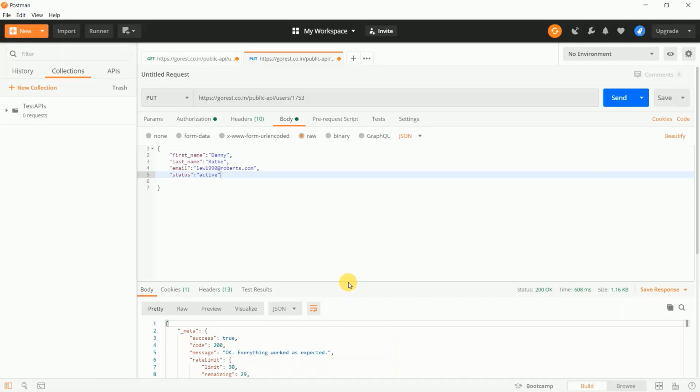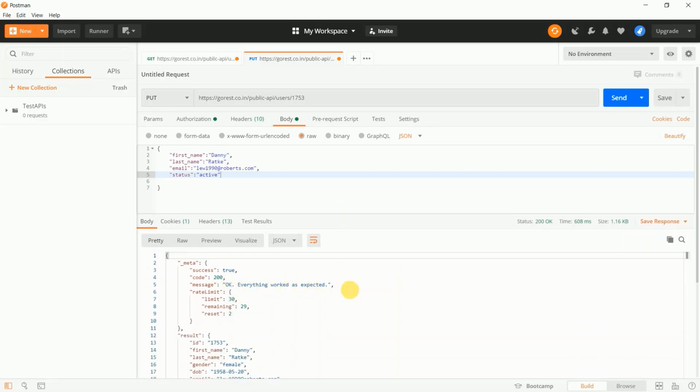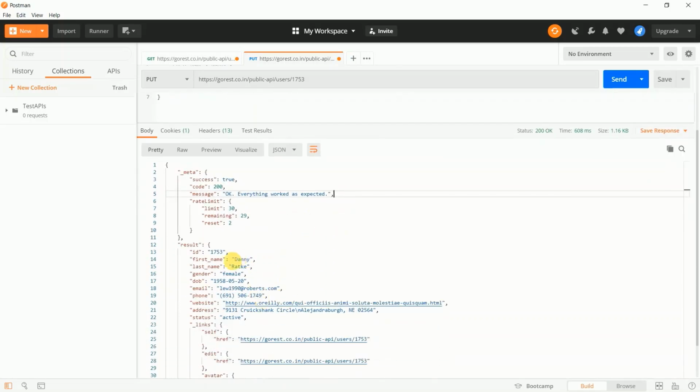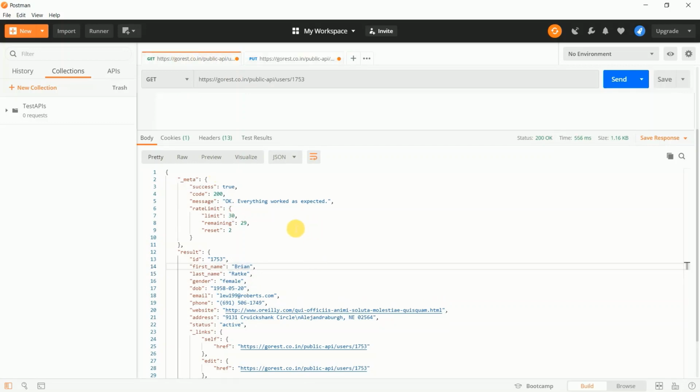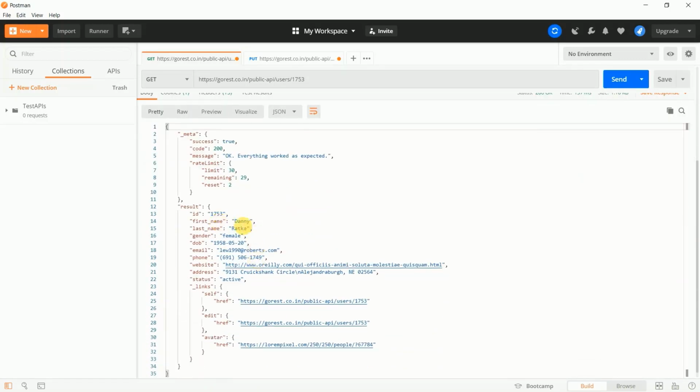So, guys, here you can see the response which we got, and everything worked as expected. Here you can see the user's name is changed to Danny. Okay, so let's move to the GET request. Again, we will hit this send button. Here you can see the user's name is now Danny and the user ID is the same, 1753.